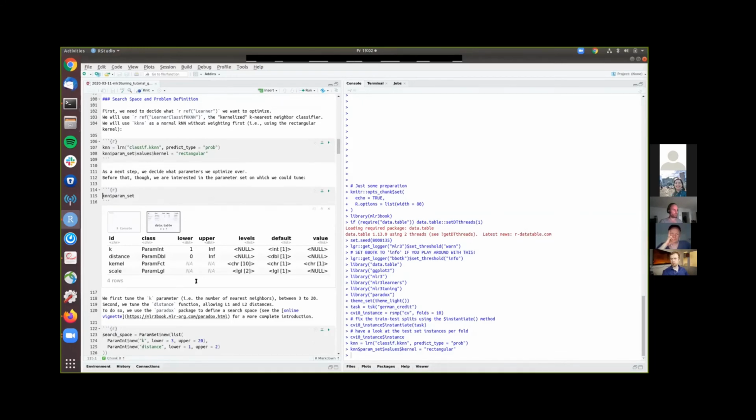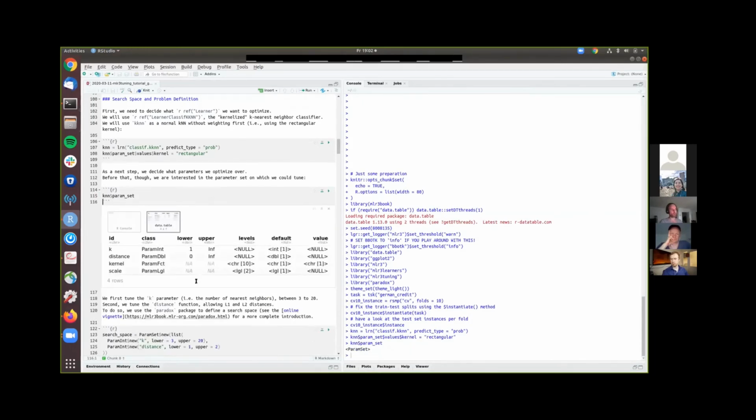So as a next step, we now have to decide which hyperparameters we want to tune. And if you don't want to read the documentation of kknn, you can also ask mlr3. Michael showed this already too, which parameters exist in knn, or in kknn, I should probably say. So you see the k parameter, the number of nearest neighbors. You can see a setting for the distance function, so which norm to use, so L1 norm or L2 norm, so Manhattan distance or Euclidean distance or something numerical in between. That's a double parameter. You can see this kernel here. That's the kernel function that basically weighs the examples in the distance computation,